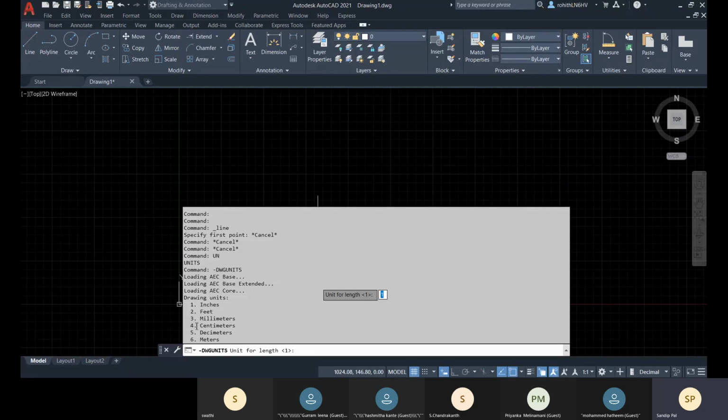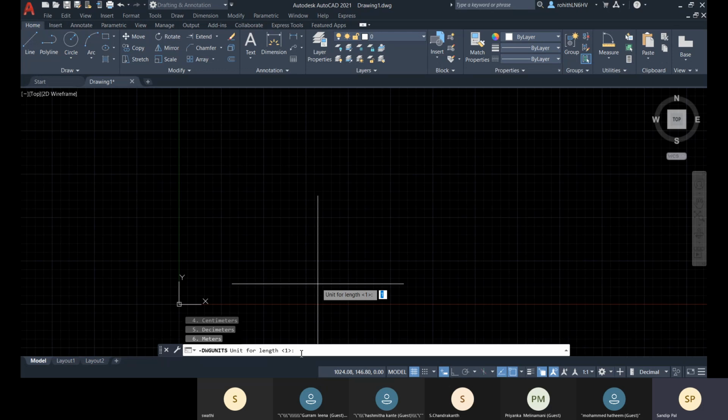So for that I have to specify 3, that will be millimeter. And what is the display format? The display format will be 2, enter, for decimal, and then the precision up to 2 digits, that is okay.